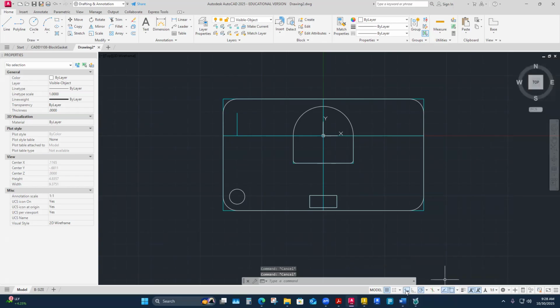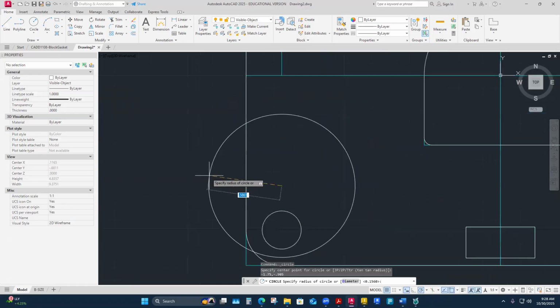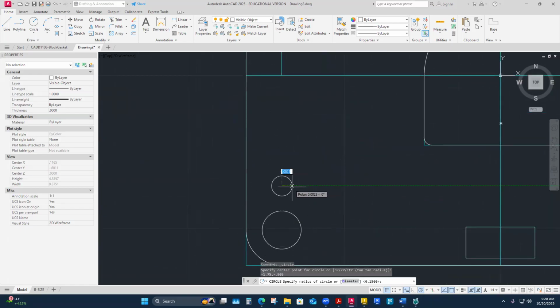Mine's turned on. Once it's turned on and I'm in a command, what I'm getting is coordinate points there. Two dialog boxes of X and Y coordinate points. And so I just look at that little dimension, and it's going to be the X value first. That's negative 1.75, tab, and it's negative 0.905. That's how I've located this small one, and then I just need to know its radius,